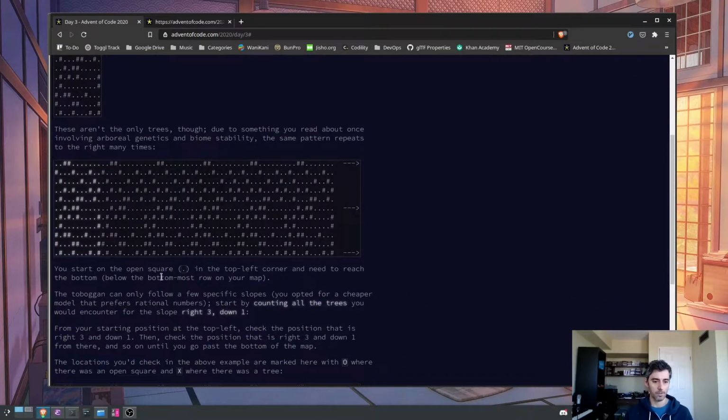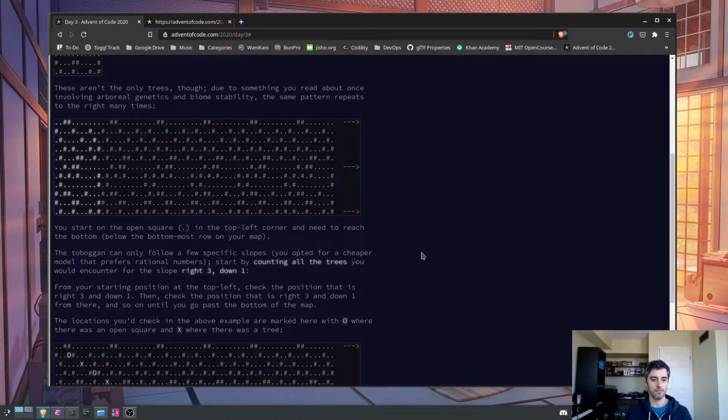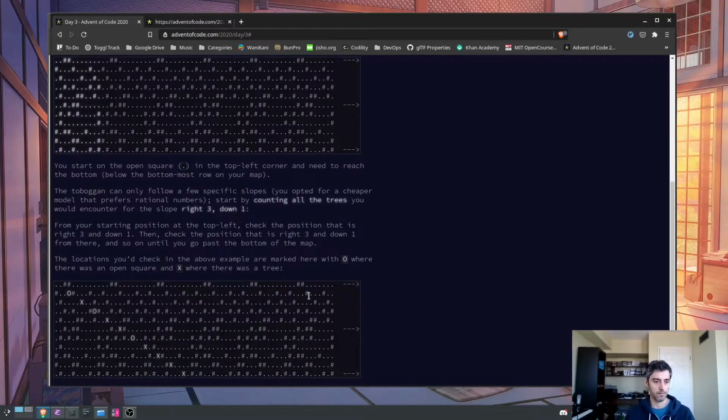You start on the open square, the top left, and you need to reach the bottom, below the bottommost row on your map. The toboggan can only follow a few specific slopes. You opted for a cheaper model that prefers rational numbers. You start by counting all the trees you would encounter for the slope 3, 1. From your starting position at the top left, check the position that is right 3 and down 1, and then check the position that is right 3 and down 1 from there, and so on until you get past the